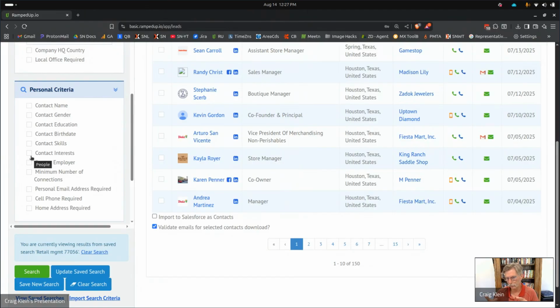So the way to think about this is, if they're on LinkedIn, then we have their information here. If they are into sailing, but they don't ever put that on LinkedIn, then they may not come back here as somebody interested in sailing. If that makes sense. You can search by their former employer,